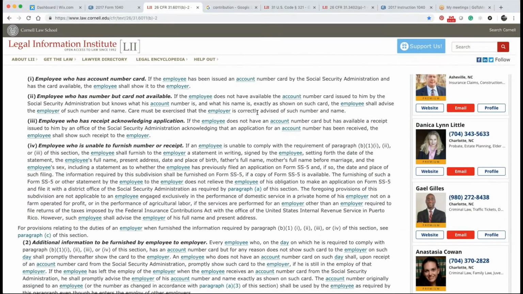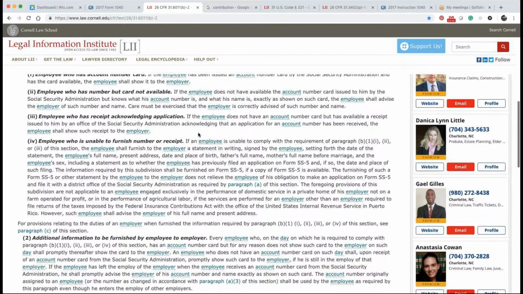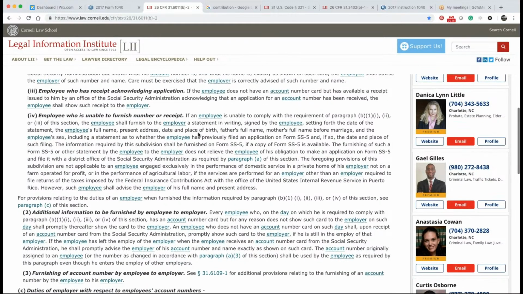Employee who has receipt acknowledging application. If the employee does not have an account number card but has available a receipt issued to him by an office of the Social Security Administration acknowledging that an application for an account number has been received, the employee shall show such receipt to the employer. Okay, number 4, employee who is unable to furnish number or receipt. Listen closely. If an employee is unable to comply with the requirement of paragraph B1, 1, 2, or 3 of this section, the employee shall furnish